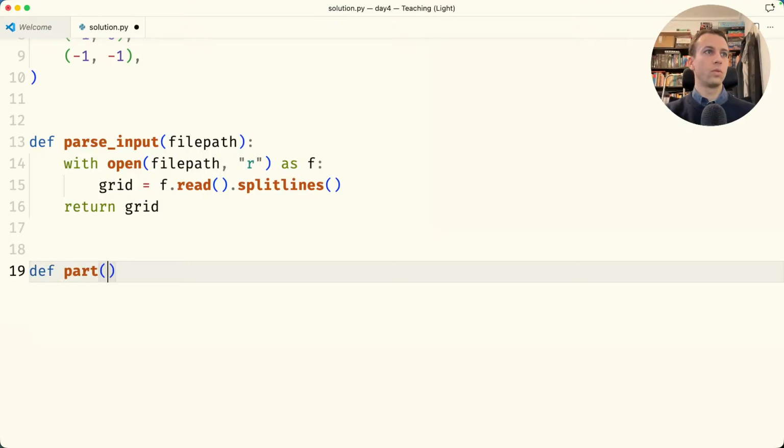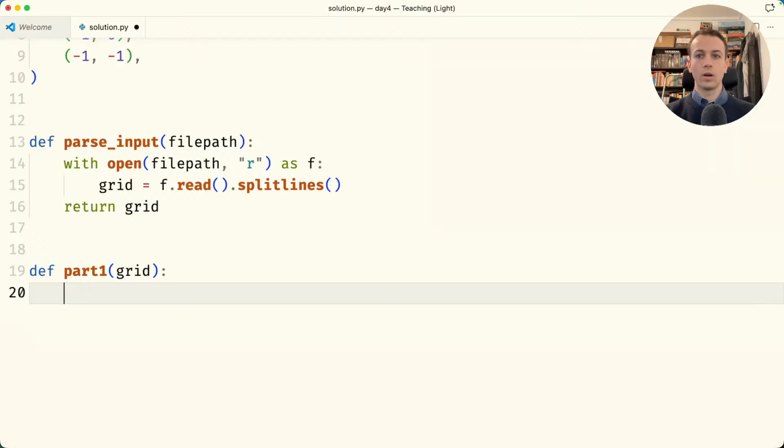And now to solve part 1, given a grid, what I want to do is go through every single valid coordinate